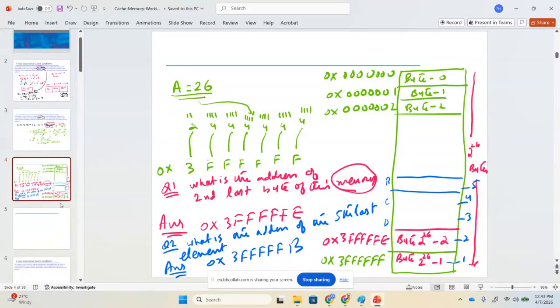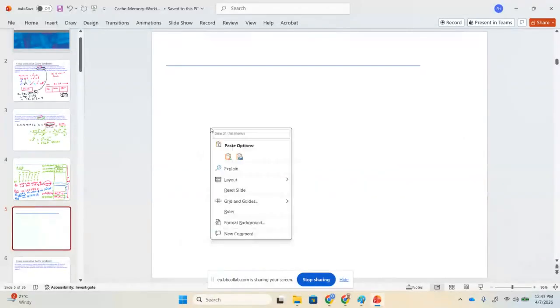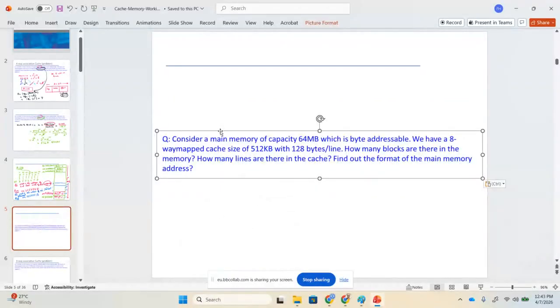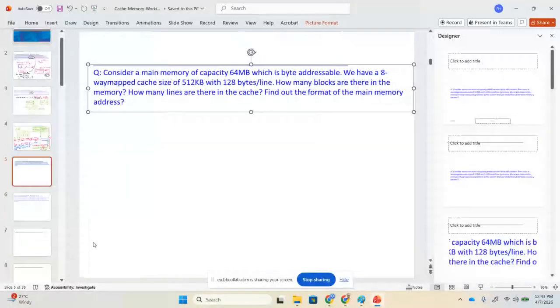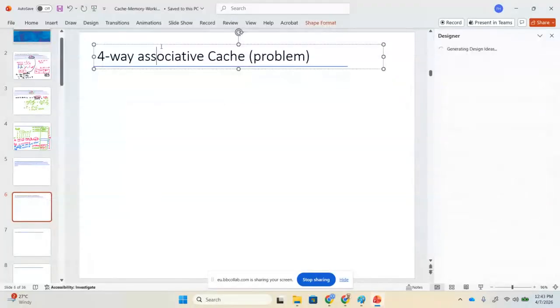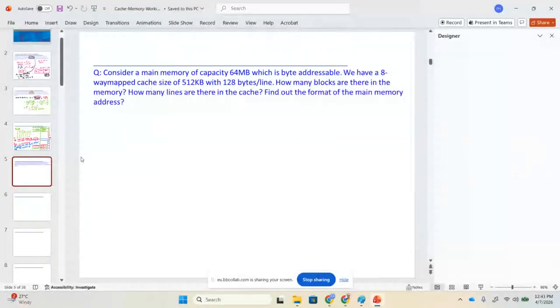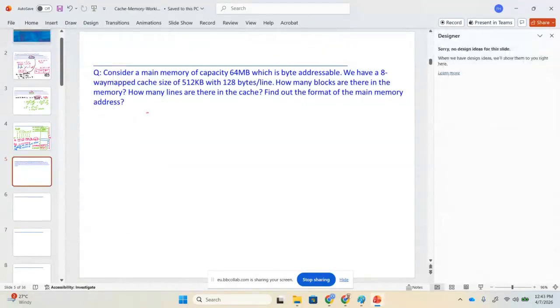Okay, now another question. So now we have the same questions. How many lines will be there in the cache? Can you tell me? How many lines are there in the cache? It's 512 kilobytes divided by 128. So how many number of lines? So the number of cache lines